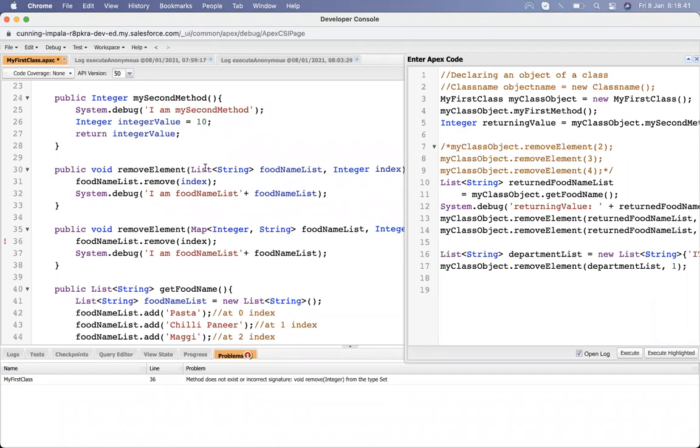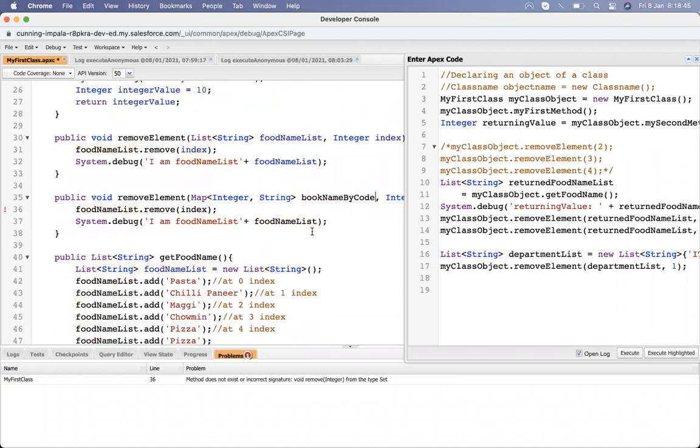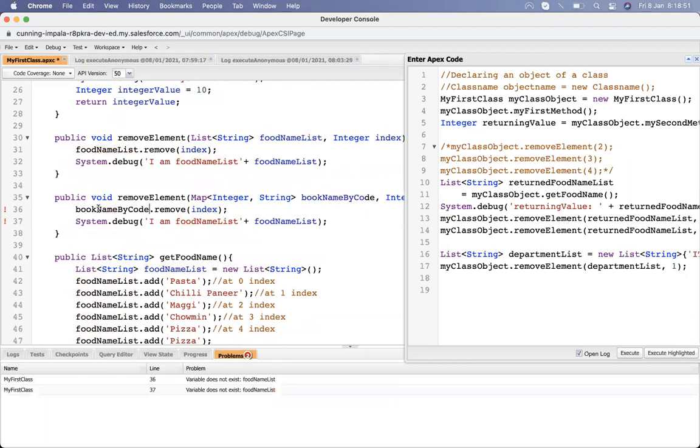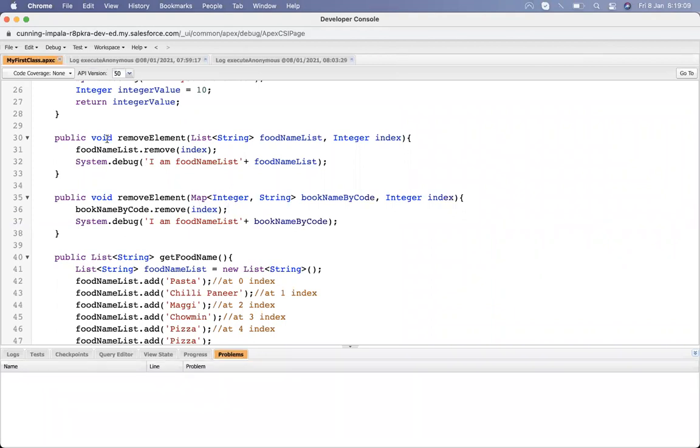Map by code will work. Food name, and I also need to debug up here. Yeah, let's remove it. Okay, it's saving. Now it's saved.